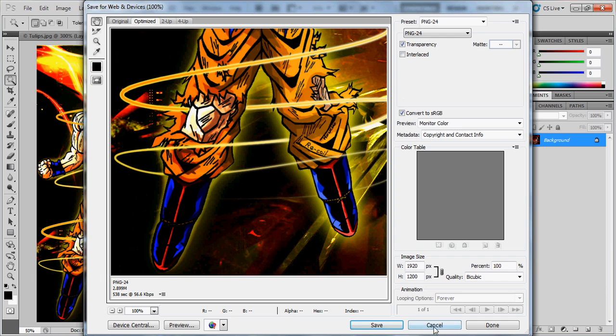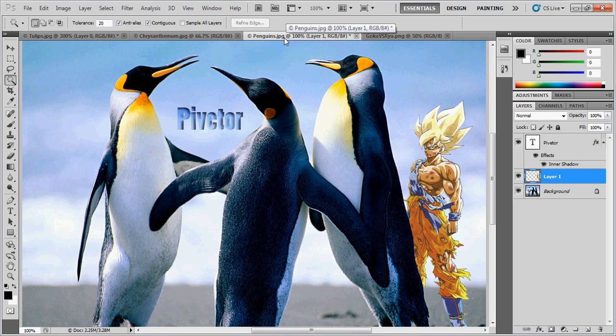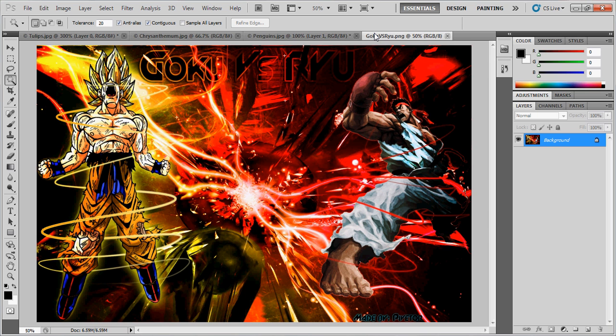Now this, I pretty much just made a while ago, and I was quite bored. And if you notice, the main things I'll be working with are going to be either Goku or Ryu, but I might bring in some other stuff like that. But then again, there's still Goku. Now, I do not claim any of the sprites involved with this. This is all stuff that I found on the internet, so just getting that out